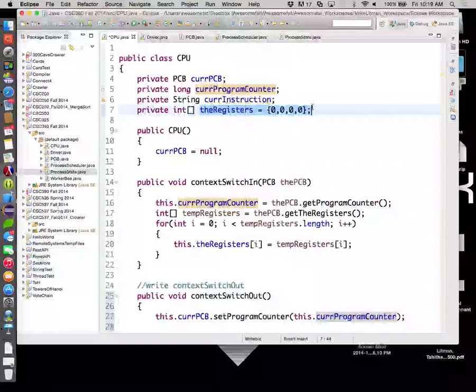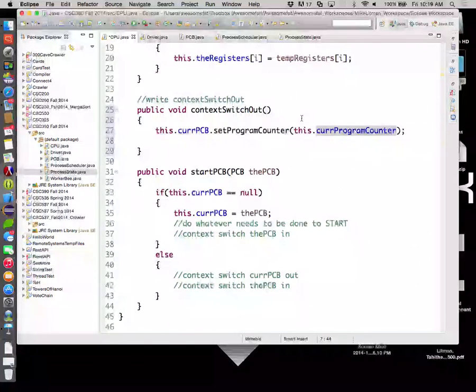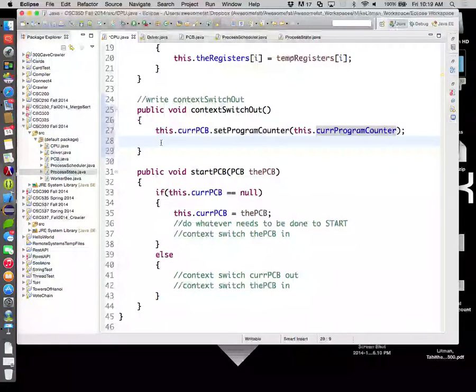Now the limitation I'm going to put on this is we are not allowed to add any more code to the PCB for this particular solution. That is to say, you're not allowed to write set registers. It's not a trick question. It's a how well do you understand pointers question. If I say, context switch out, if I say, is it an integer array? Yeah. Int array